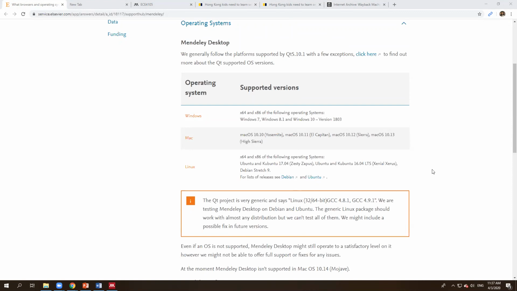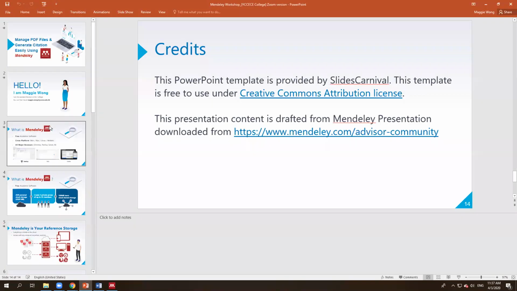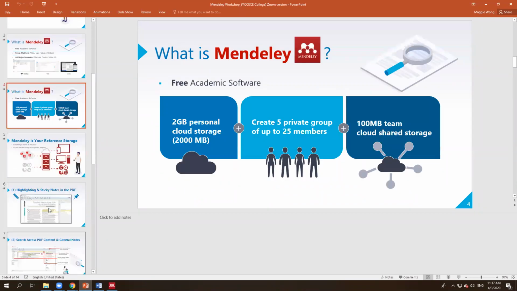Oh, hi, Maggie. It's Terry here. Just wondering, do we have to pay for Mendeley Desktop? It's totally free. That's why I use it as a student as well. Yeah, and I think you were a little late, but I was mentioning